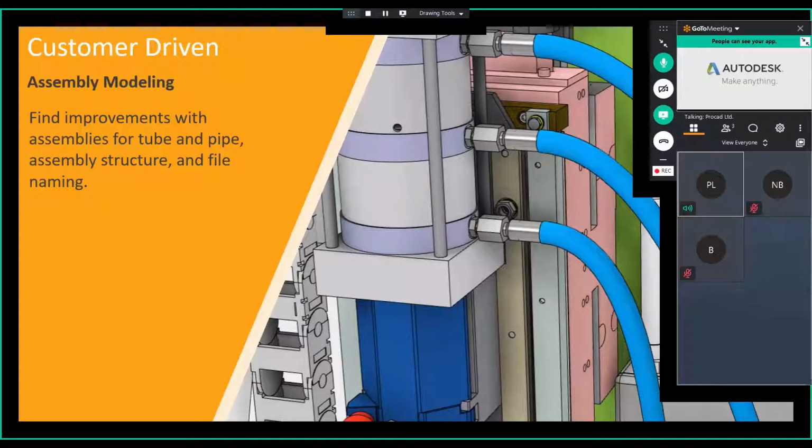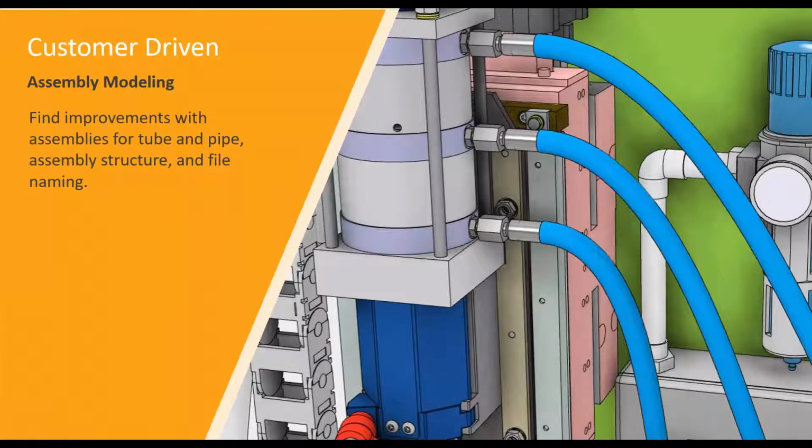So jumping into, I suppose, the third or the fourth improvement that we're looking at this morning, Inventor 2021 delivers assembly-level enhancements for tube and piping assembly structures and file naming conventions as well. So file naming dialog has been extended to the mirror and the copy commands. There are improvements for file naming to the frame generator, tube and piping designs. Root command enabling renaming routes without leaving the command. Basically, when you're creating a new route under the tubing and piping environment,